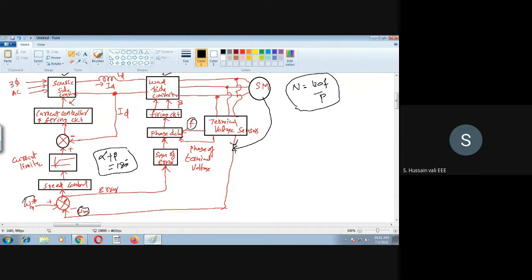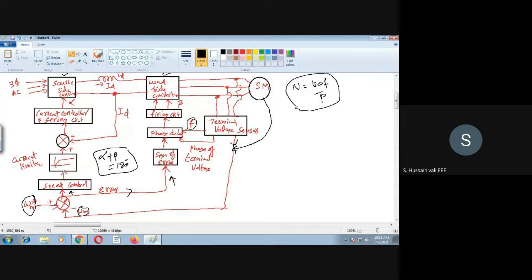Okay. Now this is the reference speed of the motor, whereas this is the actual speed of the motor. So both will be compared here. Then the error is taking two paths. One path is taking this here, whereas the other path is taking this side. So if you take this side, then based upon this error in the speed, a speed controller will be there.